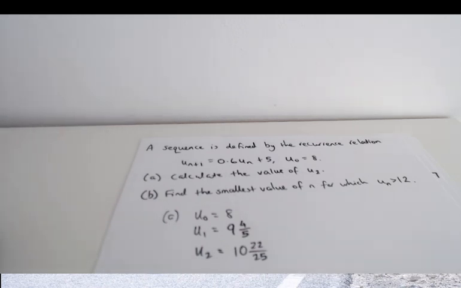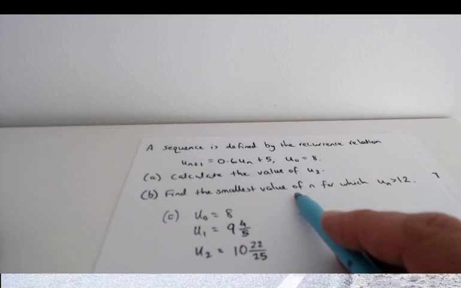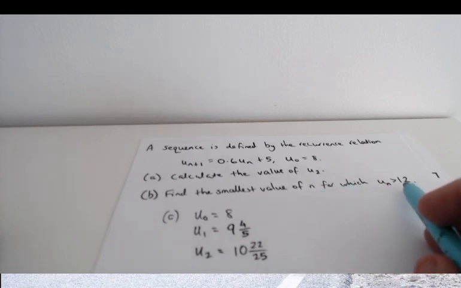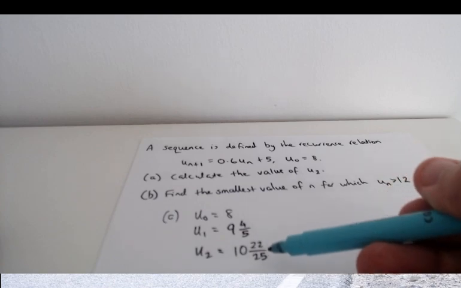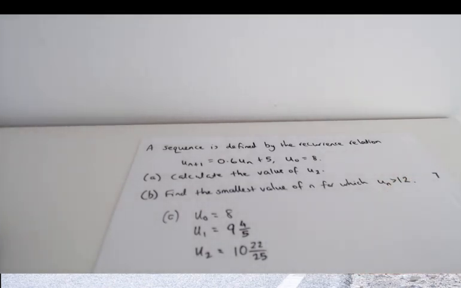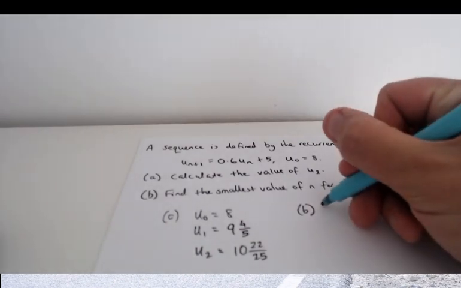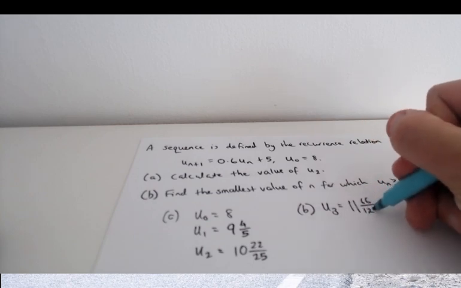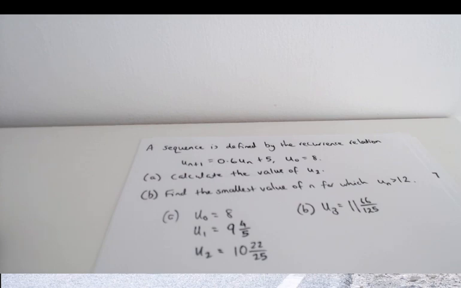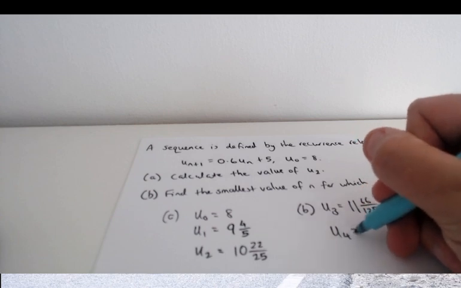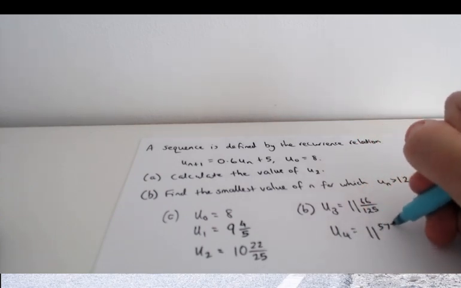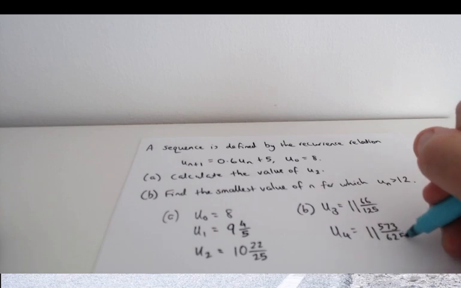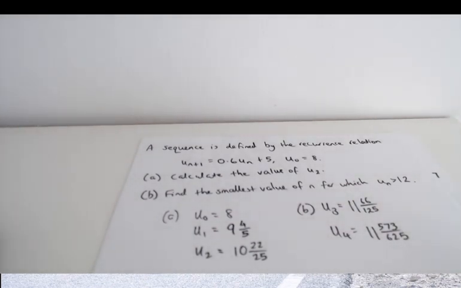Part B this time, find the smallest value of n for which Un is greater than 12. It is asking you to keep this going until you get an answer bigger than 12. So I'm going to hit equals on my calculator again. U3 is 11 66/125. I'm going, that's not bigger than 12 yet. Need to hit equals again. If I hit equals again, it's 11, and check this fraction out. So I'm not bigger than 12 yet. I need to hit equals again,